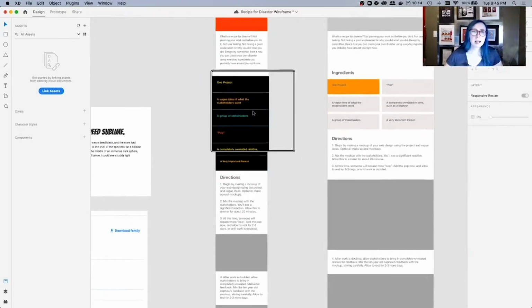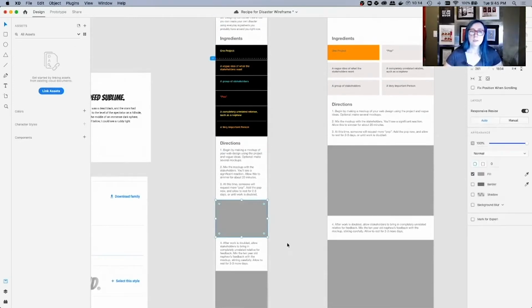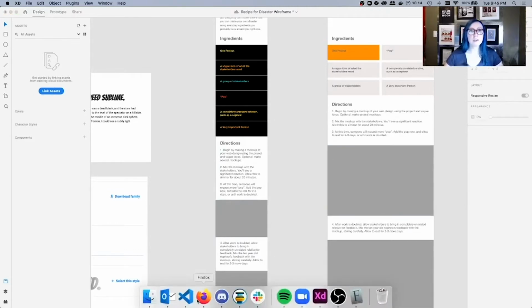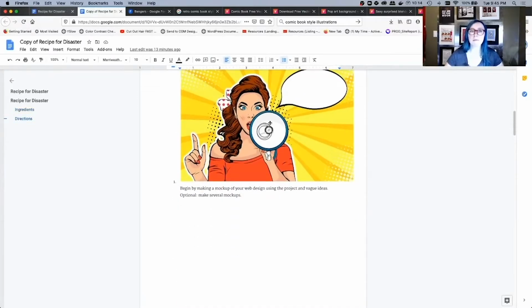So that's where I'm at. There's some things that I'm not in love with here. The borders are a little harsh, but overall the color's starting to look good. And where I'm at this point is, how do I get images in over here? So what I want to do is just take a look at my Google Doc and see what was my plan for images, what was my plan for content.